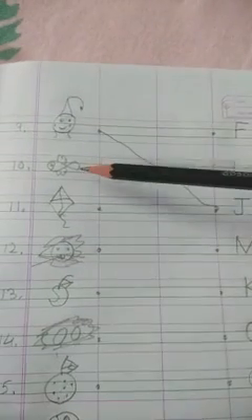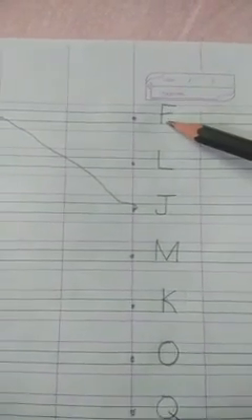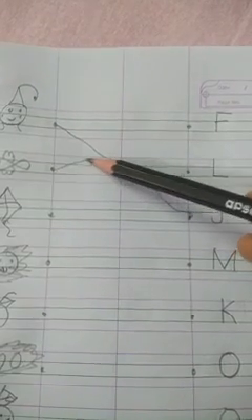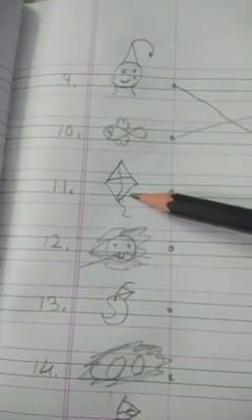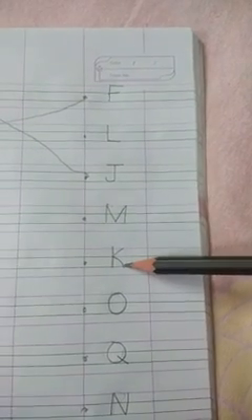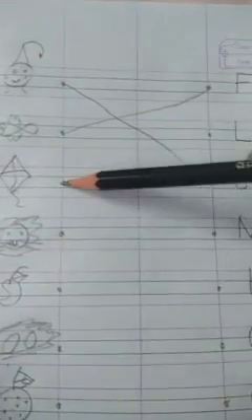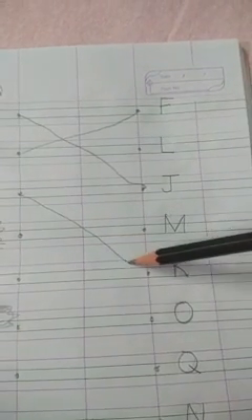Yes. Now which picture is this? Fish. Now where is it written? Here. So draw a line from fish to letter F. Now tell me, what is this? K for kite. So check where K for kite is written. This is L for lion, M for monkey. Oh, here it is. It is K for kite. So join the dots from kite to letter K.